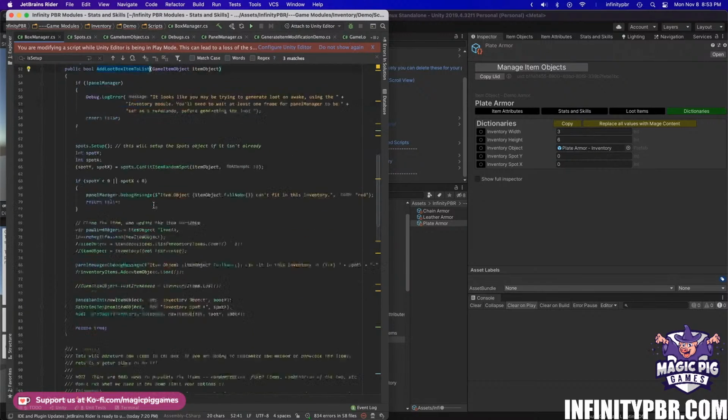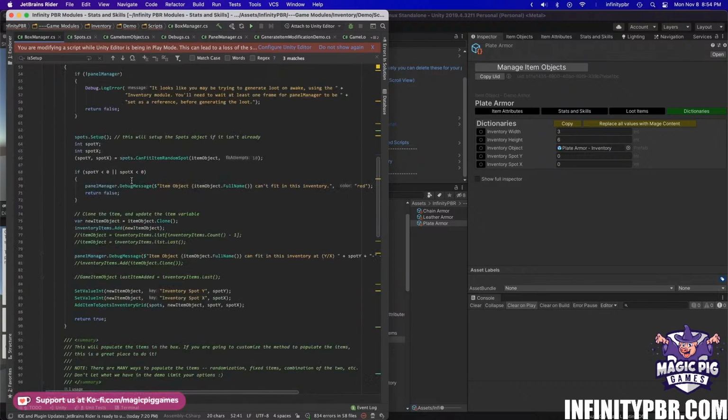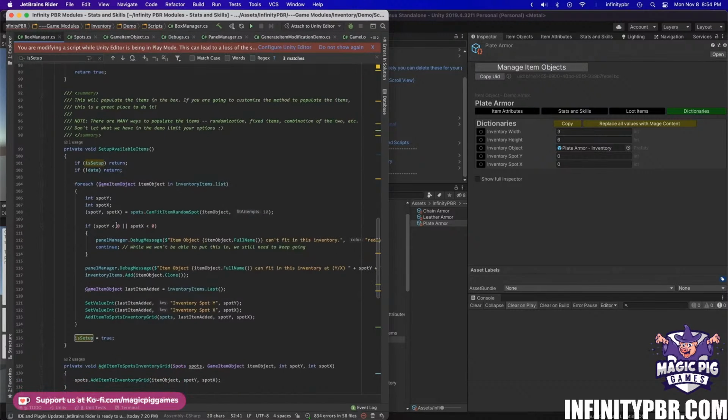Just checking to see if it can fit. But if we're setting up the available items, i.e. they were not recently added, that means that they were already there and they already have spots. Like if you saved the data,